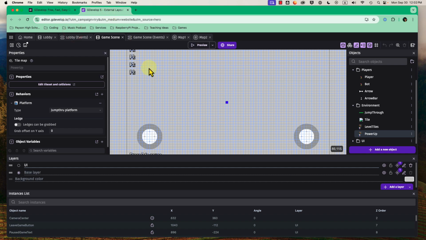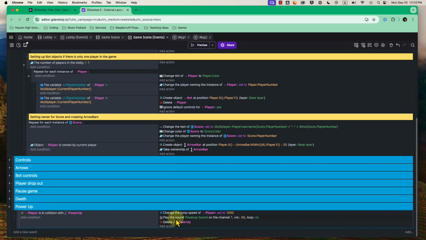And like I said, whatever code you want it to do when it powers up, that's totally up to you. It's easy to do something that affects the player, because once you hit the power up, then you can change some kind of setting about the player. What if I wanted it to make my arrows giant? So if you wanted it to do something like that, you would have to add a variable to the player. This is not a requirement, but I'm going to show you how, just for the heck of it. So let's say